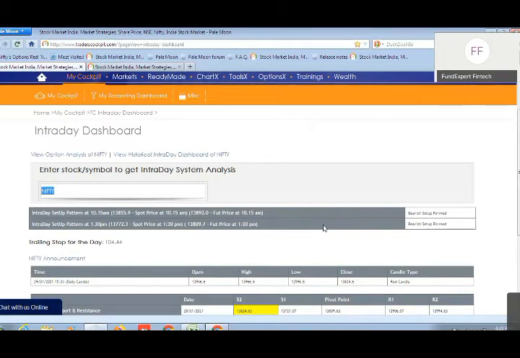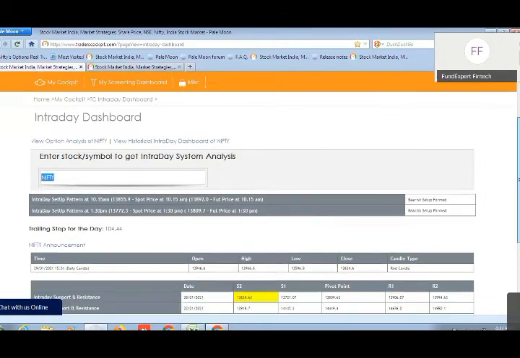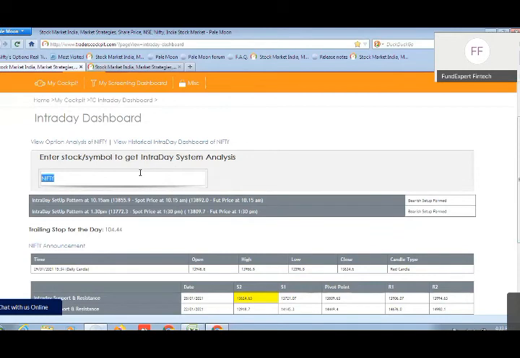And yes, we do have a solution available for that also. Now I told you earlier, this intraday dashboard is more of a bottom-top approach, in the sense that if you know the script name, you can type it in here to check out the levels or the entry or exit points. But before that, we need to know the script name.